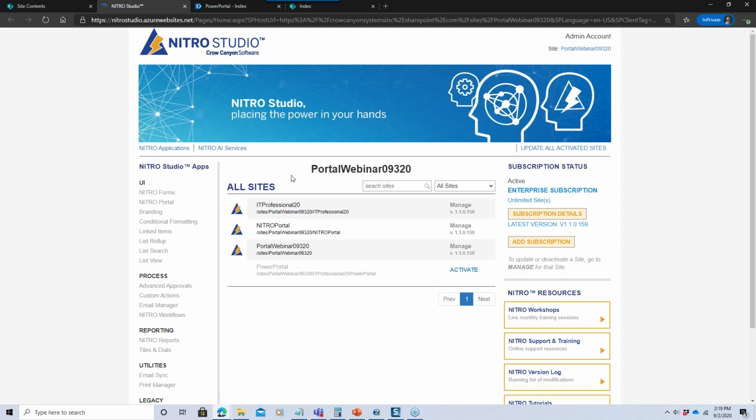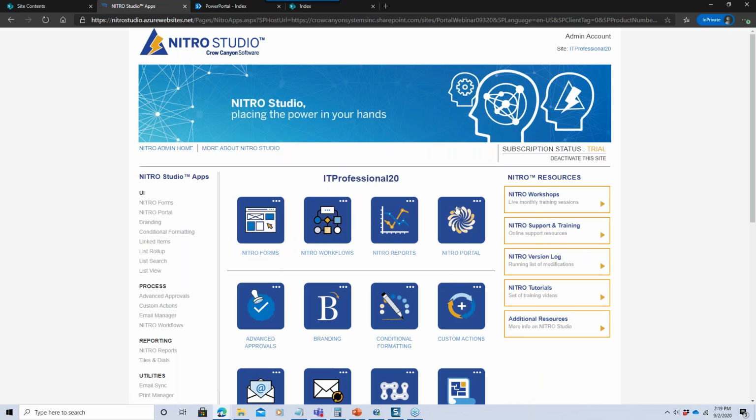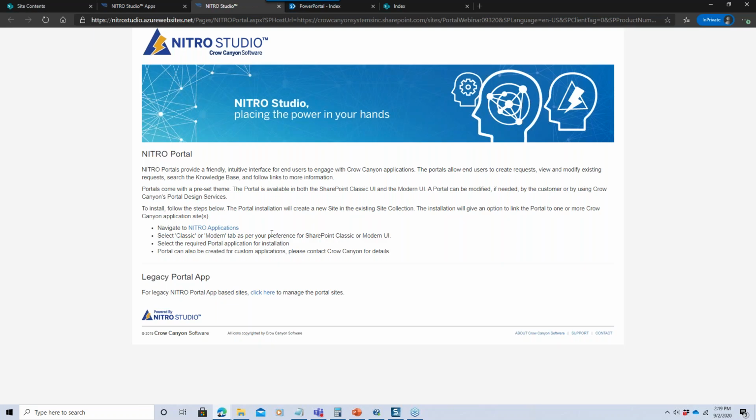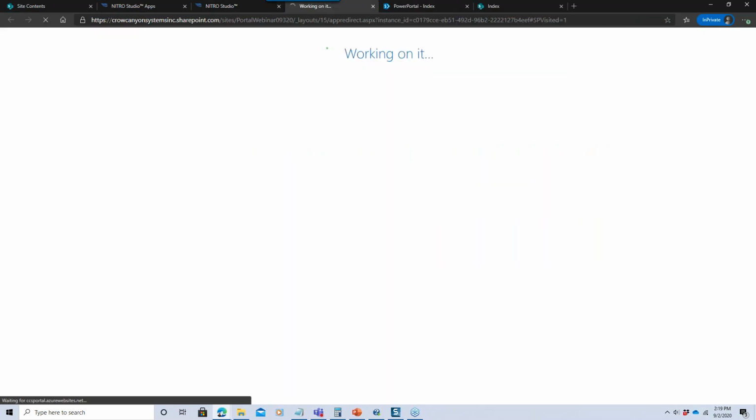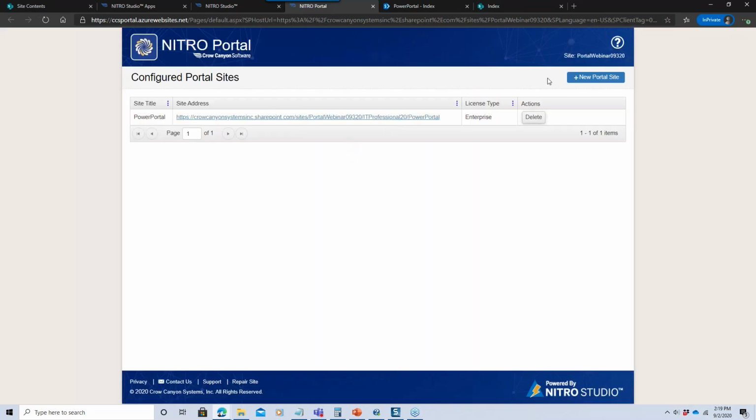So here's going to be the key difference. If I wanted to create a portal for this IT site that I've installed, the Power Portal would go through this process. You go into the Manage button. This will take a second to open. We go into Nitro Portal. You'll see there's some text here talking about how we have the new Nitro Portal and how that gets installed. I'm just going to click through to the legacy portal, Power Portal application, and this is how we install it. So you go to this page here. You can see here's one that's already created. We go to create new portal site,